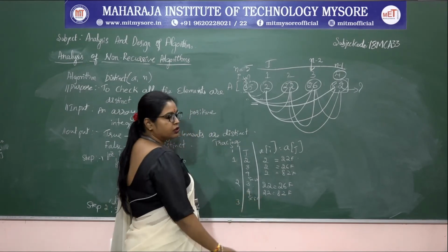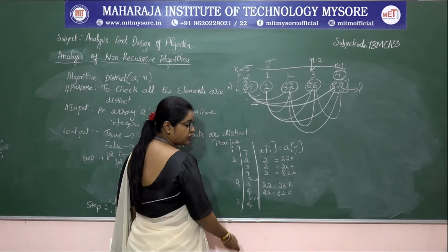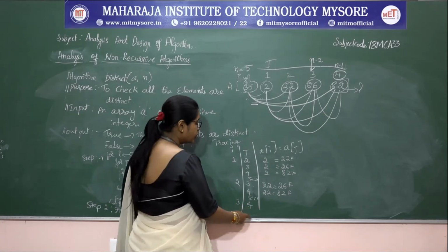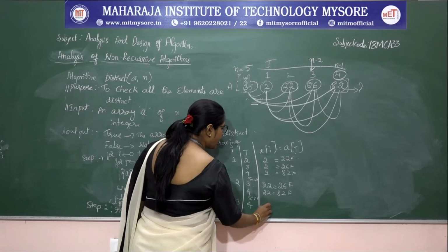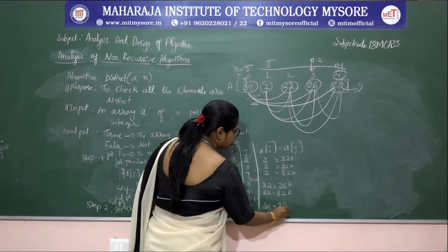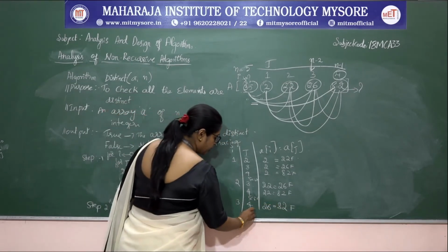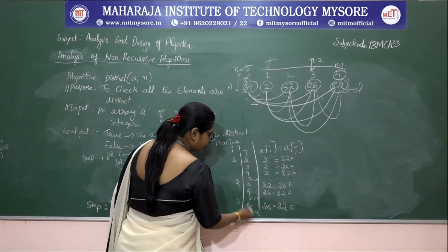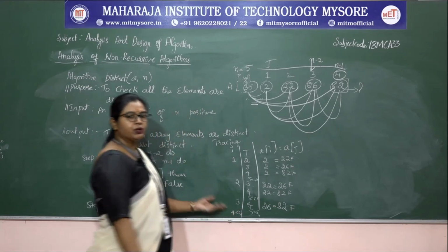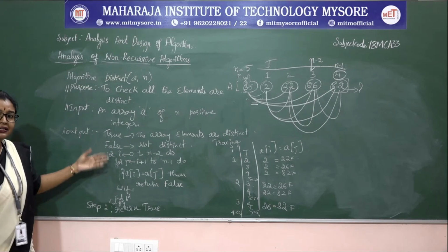So it will go to the third position. Yes, of course, for this also it will work. j is initialized to i plus 1, that is 3 plus 1 is 4. So now in the third position we have 26 is equal to, in the fourth position we have 82. This is also false. It will increment j to 5, 5 less than 5 is false, it will come out of the loop. This will increment i to 4, 4 less than 4 is false, it will also come out of the loop. So both the for loops have terminated.